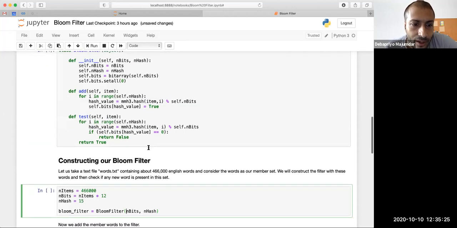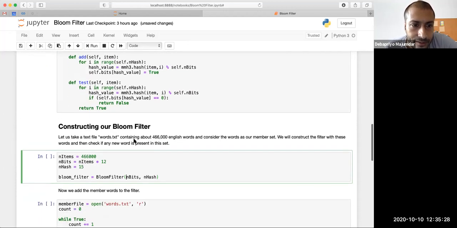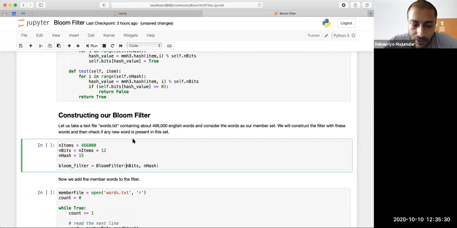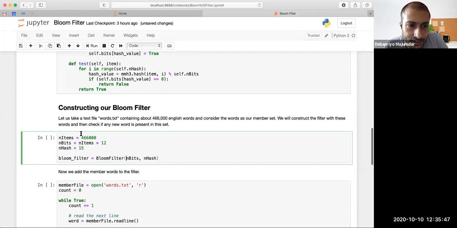So thank you. So then what we do now, of course, you can test with anything. All you need is a huge number of strings to first build your Bloom filter. So again, n items I actually didn't need, but I will need this. It's approximately these many.